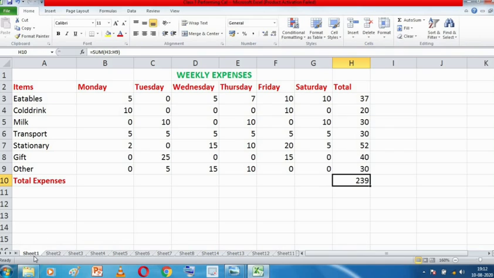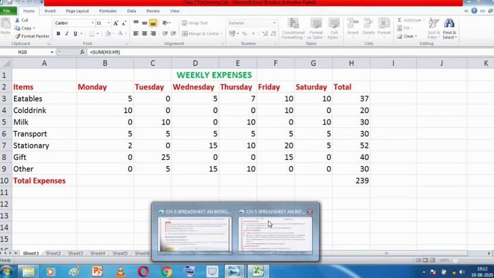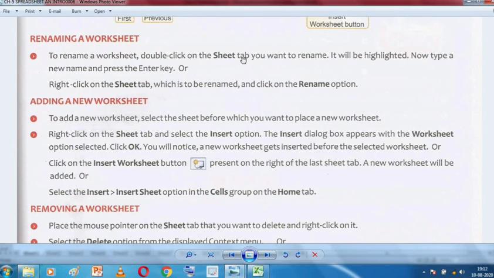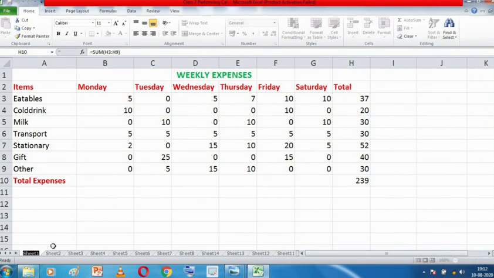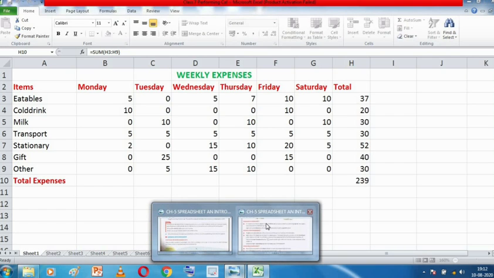Suppose I want to rename this sheet 1. So I have to double click on this sheet name on the sheet tab. So I am double clicking. Now see, this has been highlighted. As soon as you double click the sheet tab you want to rename, it will be highlighted. Now you can change its name.